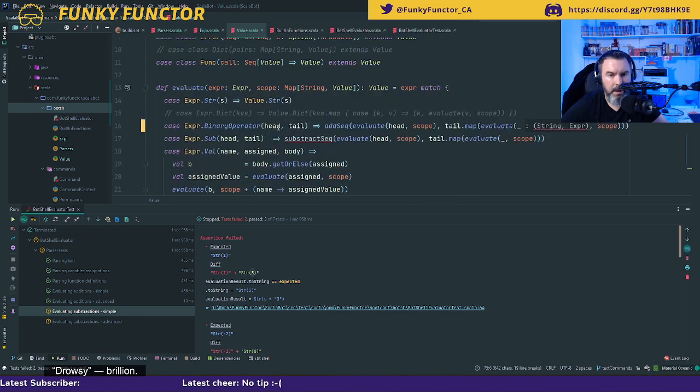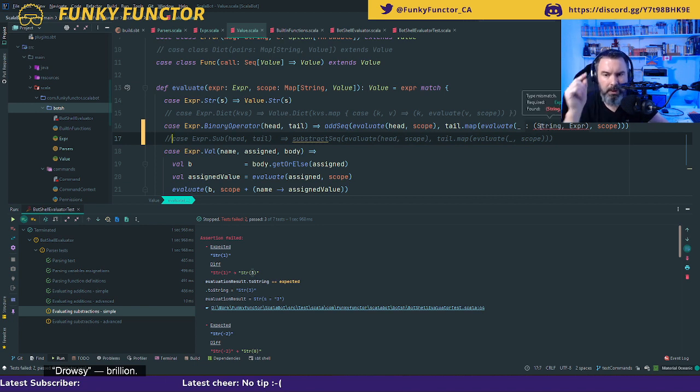It's going to break here. So now I have my head and the tail. And the tail, so sub here I don't need. So right now I have some problems because I have this tail.map of evaluate string and expression.